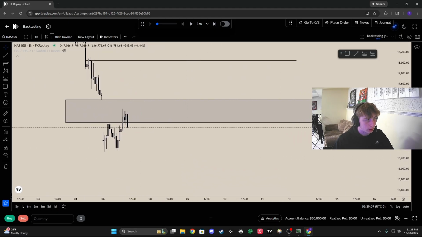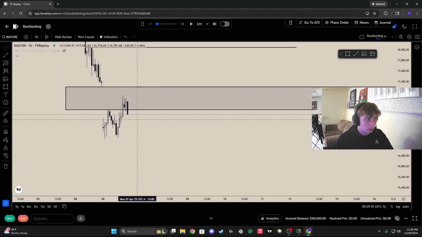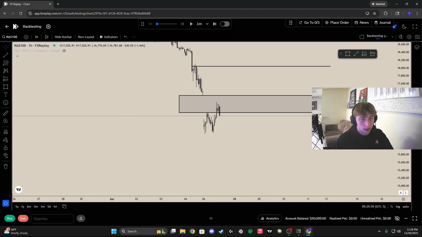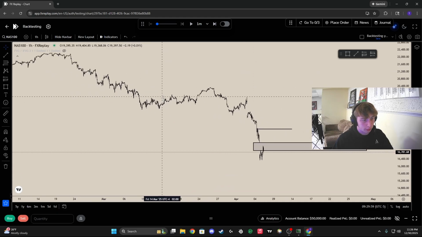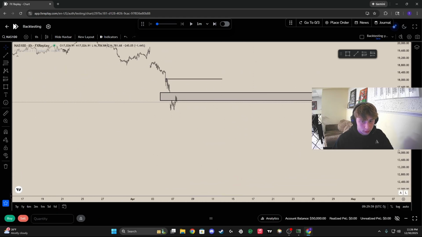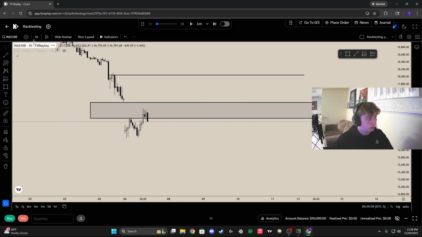We might just fill this. I mean, bias wise, I think we just fill this gap and keep dumping, or get back to the 4 hour and keep dumping. And again, why do I think that? Because we've just been kind of on this downward trend for a while, and I don't see any reason for us to just explode up. But